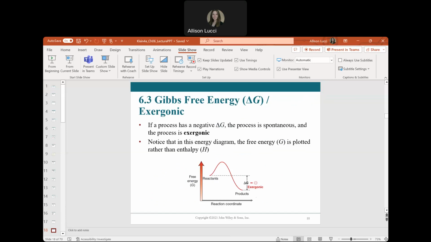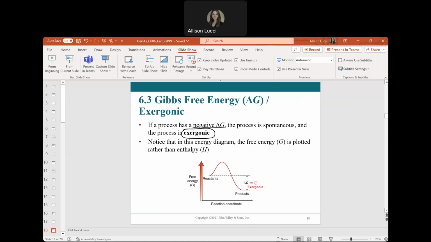So if we do have a negative delta G, the process would be spontaneous, and we would call that exergonic. So it's similar to the term used for a negative enthalpy change, which is exothermic, but this is specific to all the values that we're including, both enthalpy and entropy terms, to give us our Gibbs. So this is an example of an exergonic reaction